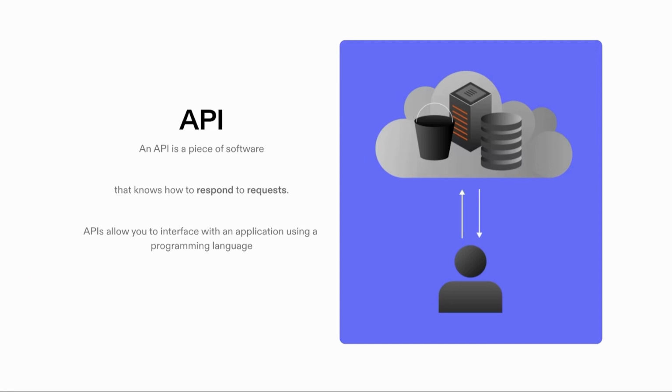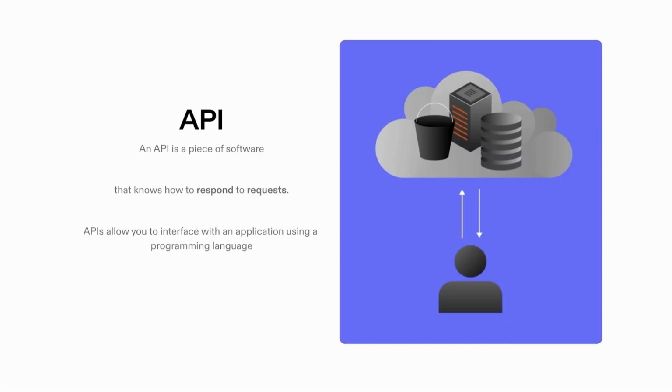Another term when it comes to the engineering side of things, less the theoretical side of things, is API. An API is a term which is thrown around all the time, and I find a lot of people don't do a good enough job of explaining what it is, so I'll try and do it here. But an API is a piece of software that you can send a request to, it processes that request, and it sends you a response.